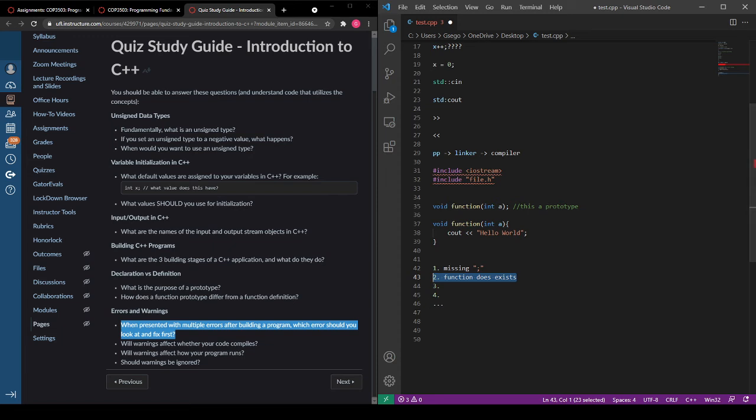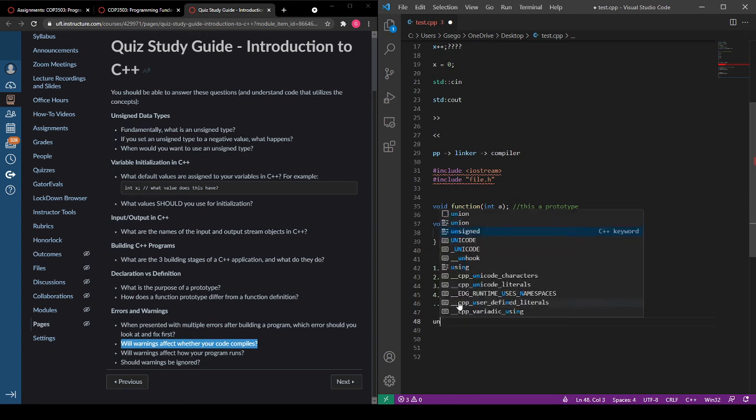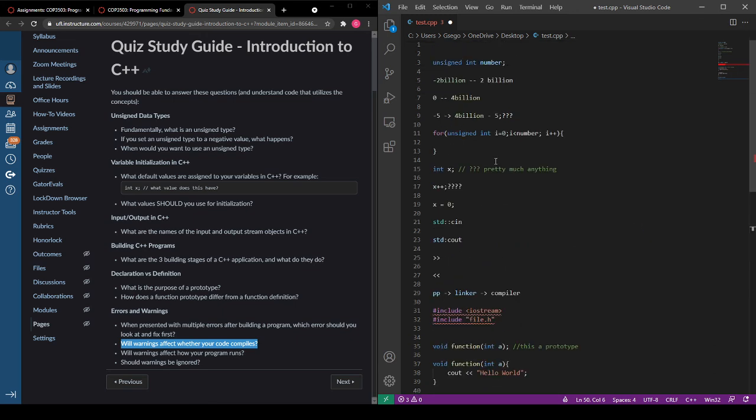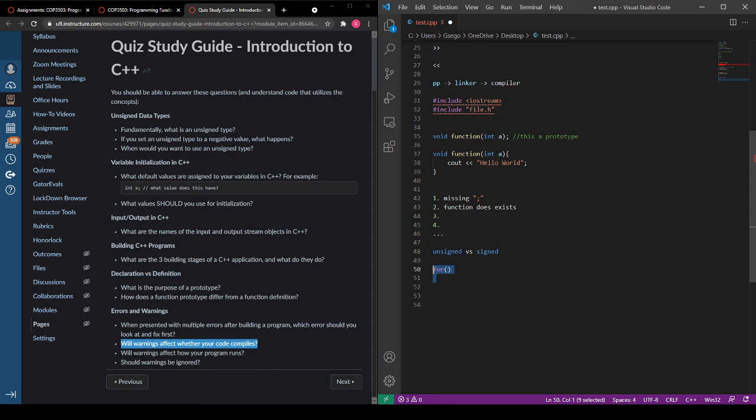Will warnings affect whether your code compiles? No. One warning that you'll probably see a ton, especially depending on how you're writing your code, is unsigned versus signed. So if, for example, you do something like this, right? Here, I'll actually write a quick example. Actually, I have one up here. Let's grab this example. And let's say we make a variable in here. It's called int j is equal to 0. If we have an if statement